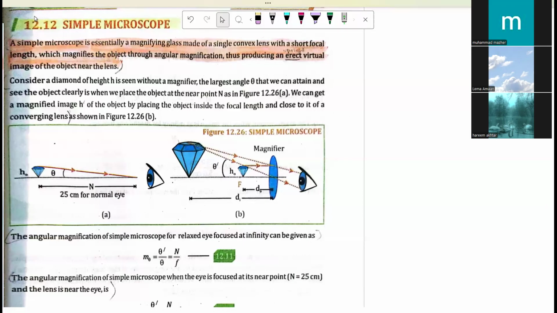What would be the property of the virtual image? And why is that? Because it's placed within the focal length of the object. Here you could see